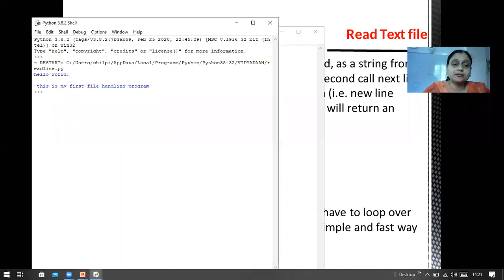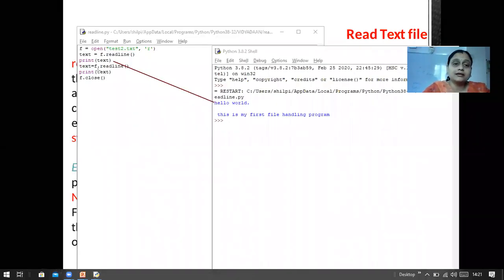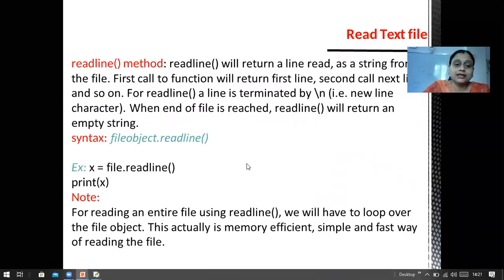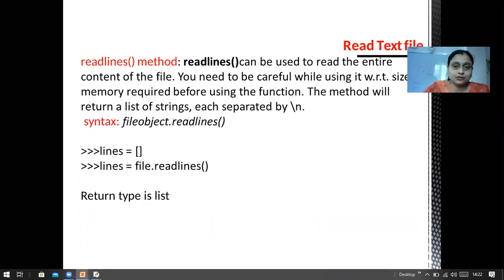First it will read the first line and print: this is the hello world. Again it reads the second line and prints: this is my first. Okay, it's clear. The readline method reads the text file line by line, one by one. Then the last one is readlines. It is used to read the entire content of the file,